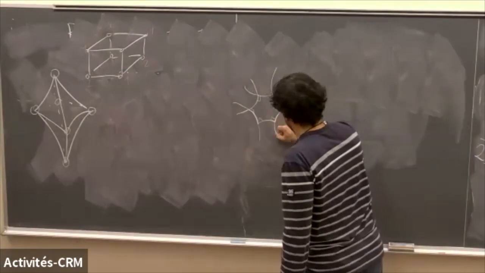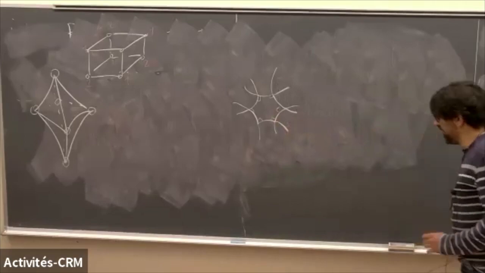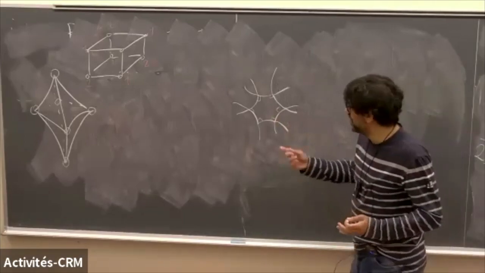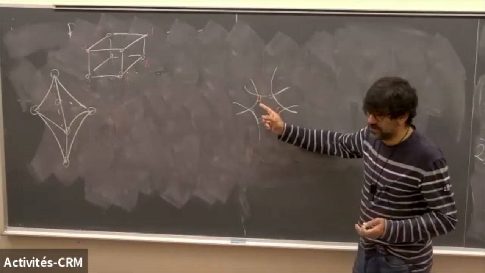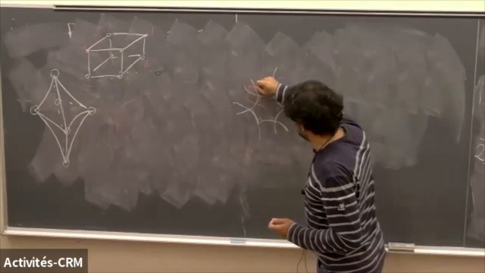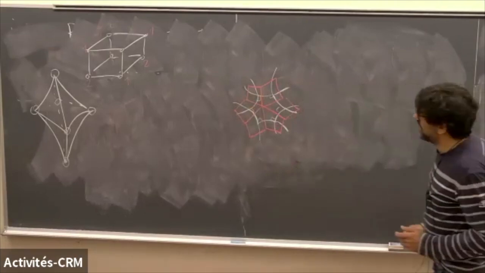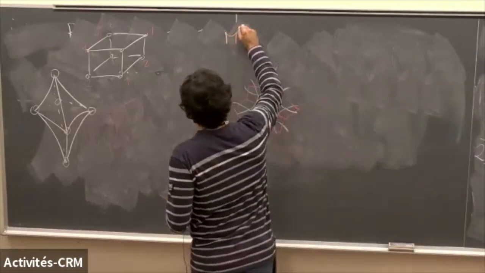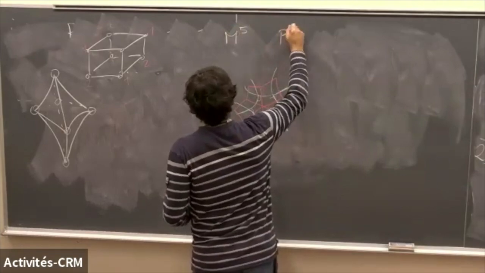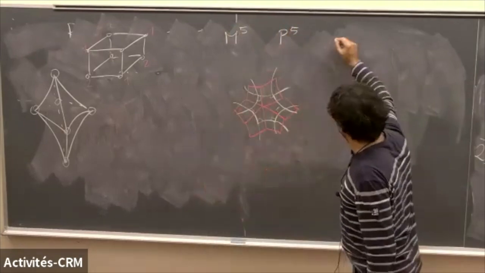This is always true. A manifold tessellated into right angle objects has a dual decomposition into cubes. You get cubes because you get right angles. Here you get squares, for instance, and this is true in all dimensions. So in particular, the manifold M5 is tessellated into some copies of P5, and dually you have a cube complex